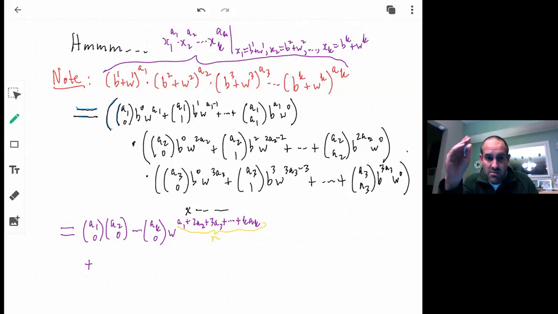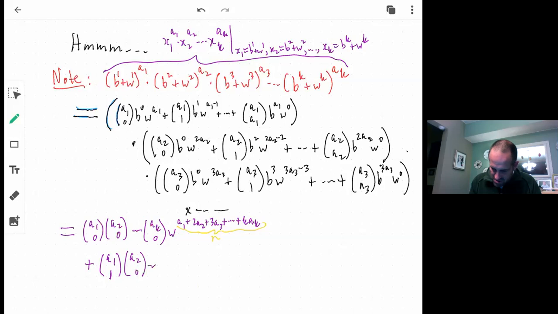So if I want a b to the first power, I'm going to have to get it from the first factor, right? So this is going to be A1 choose 1, and then I have to take a bunch of zeros from everywhere else. A2 choose 0, all the way up to AK choose 0. This would be b to the first, okay? And what's W going to be? Well, I just lost 1,